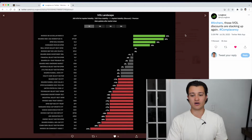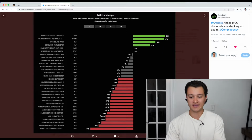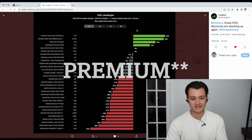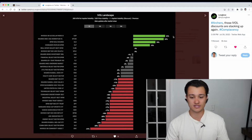So what we see here is that when investors are hedged, that essentially serves as a cushion for that sector. So this gives you a really good idea of how investors are positioning and how they're changing that positioning day to day based off the options implied vol. When you have a big implied volatility discount like you have here in the dollar or in the momentum basket, gold, XLP, I should also point out, other than I guess momentum, those are the clear defensive sectors. So if you are looking for defensive equities to own, these are definitely good spots to add